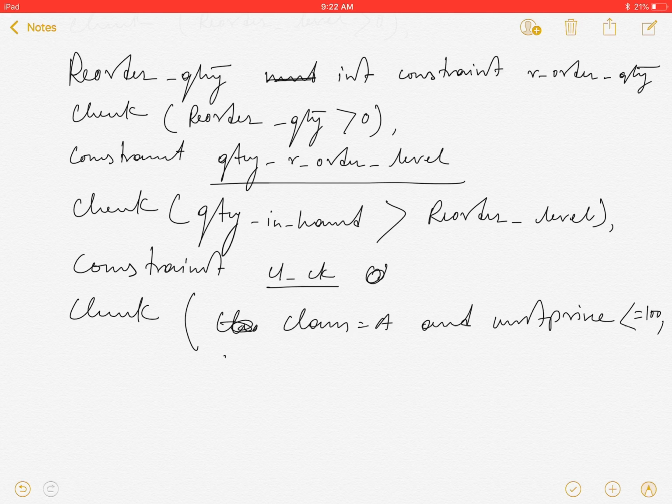Then next one is class equal to B and unit price